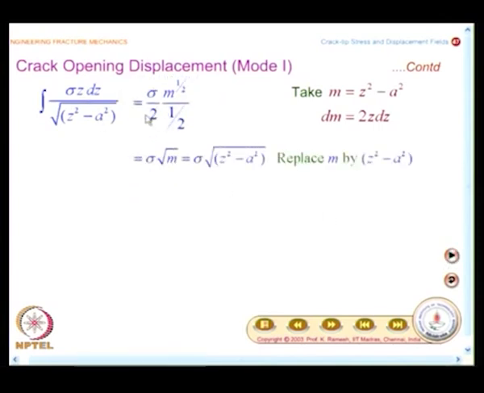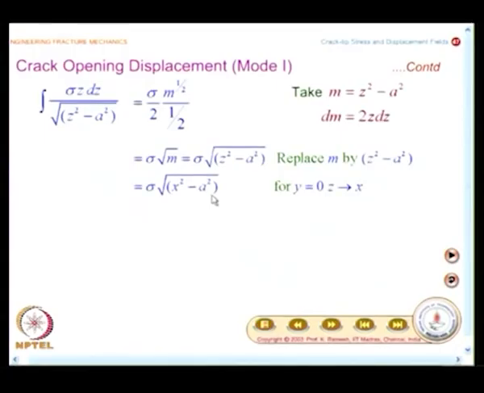So, you have the final value given like this: sigma root of m, and we have already defined m as z squared minus a squared. So, this is nothing but sigma root of z squared minus a squared. Then what do I have? You have to consider that you are doing it for the line y equal to 0, for any value of x. I get this as sigma root of x squared minus a squared,